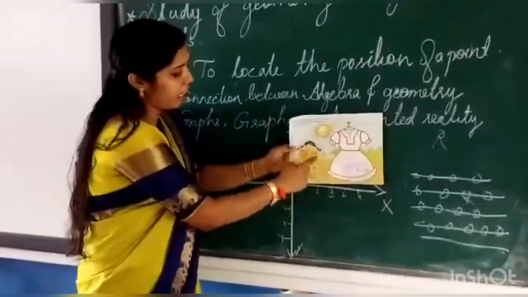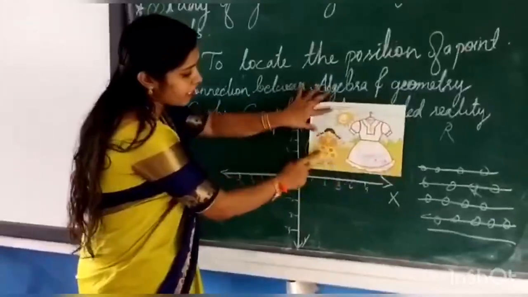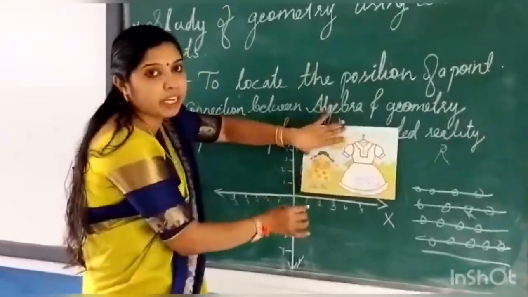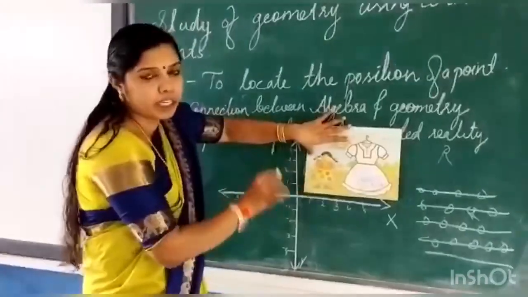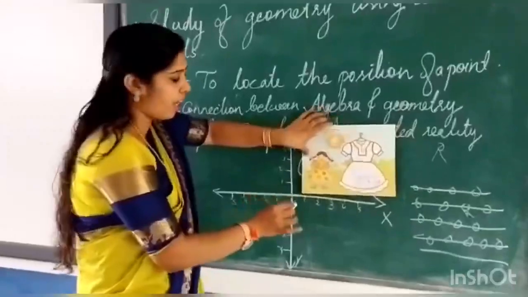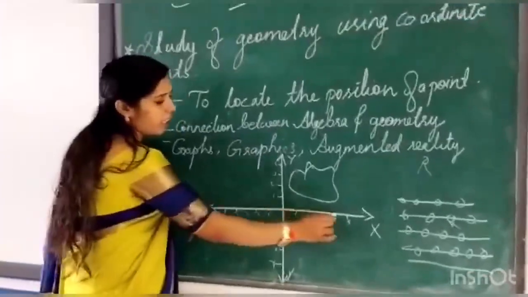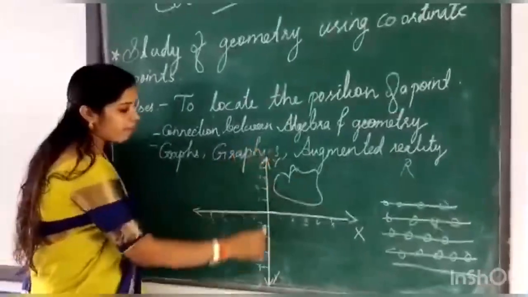See, length is there. This is a picture of a girl shown here. If it is a picture, we can fix it here in this XY plane. It has got length as well as breadth, isn't it? So this is the XY plane, or simply a plane, and that contains two dimensions. One is length and the other is breadth.